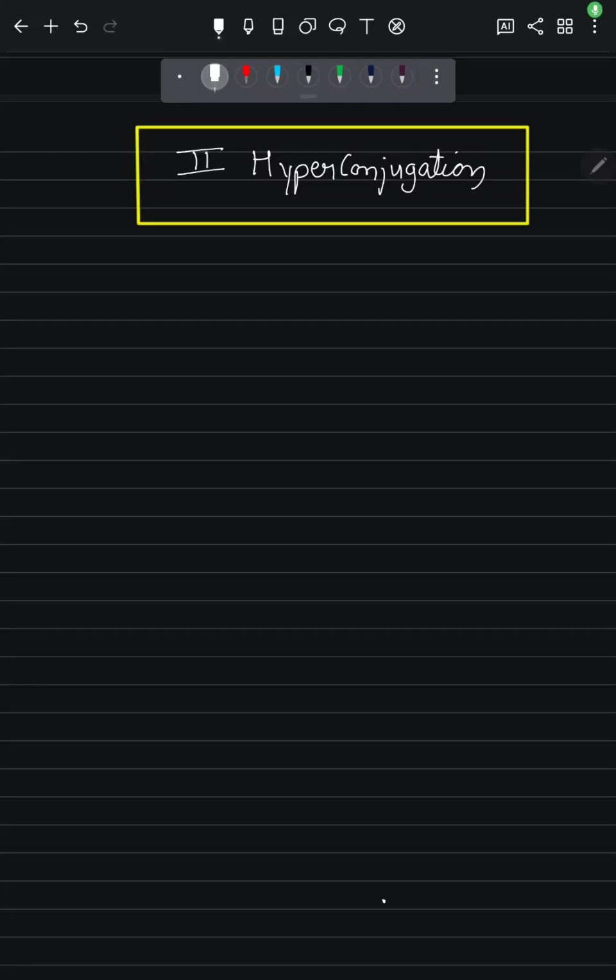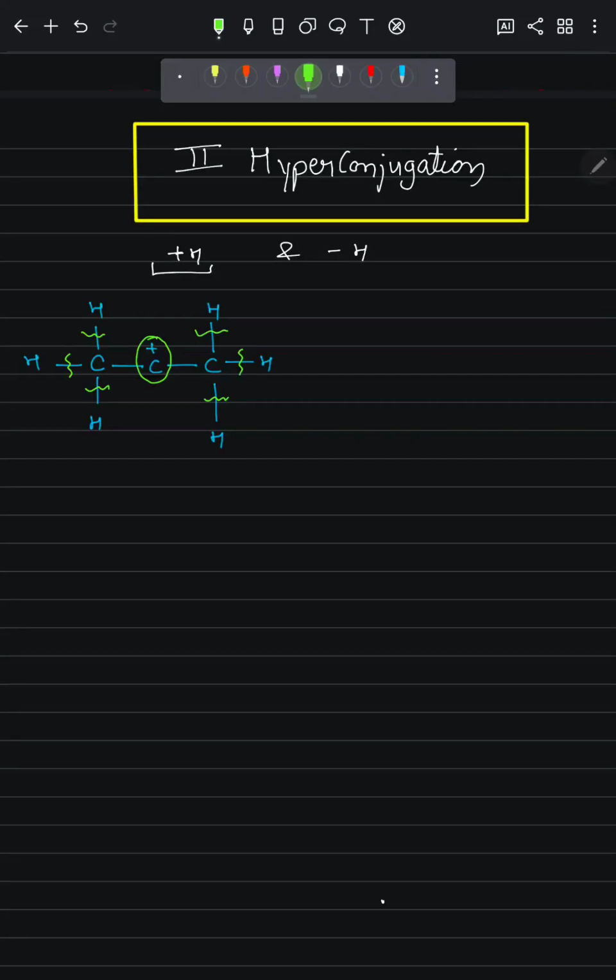Let's discuss the third effect of GOC, the hyperconjugation. These are of two types, plus H and minus H. So we mainly discussed more about the plus H effect. What is this? Let's take an example. So to understand what is hyperconjugation,